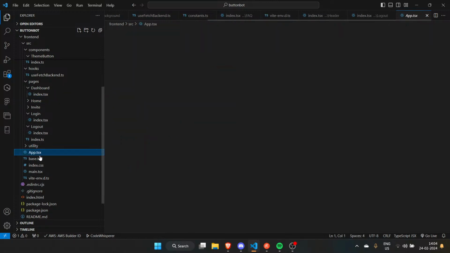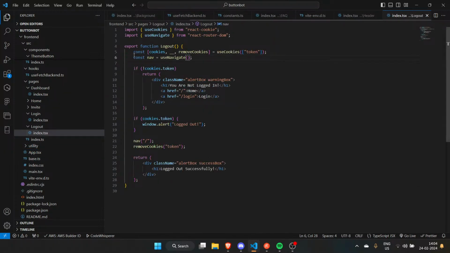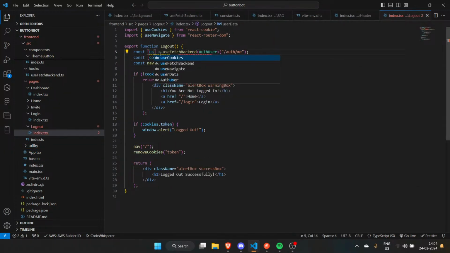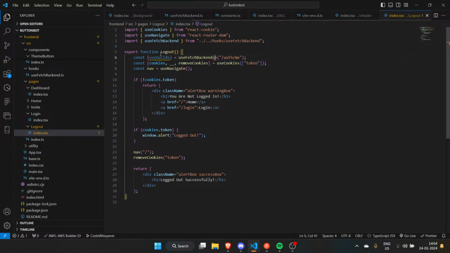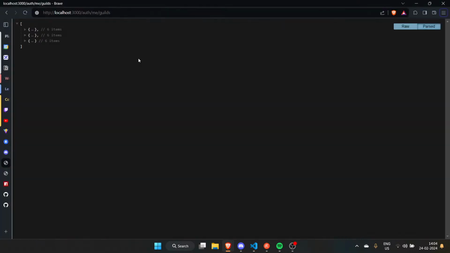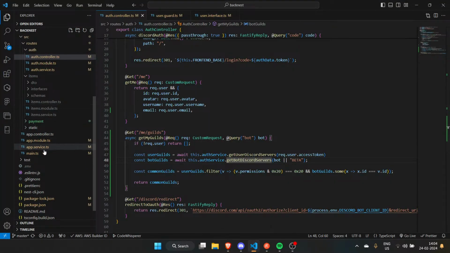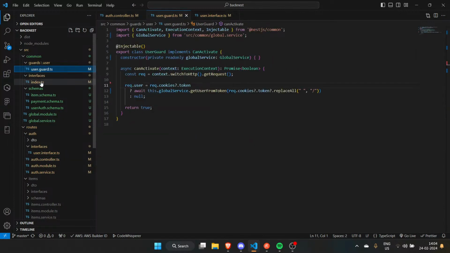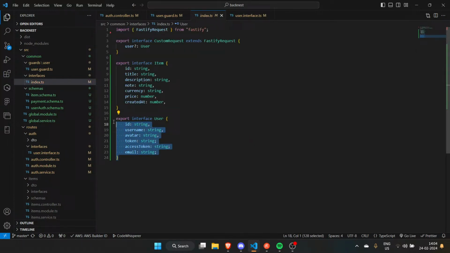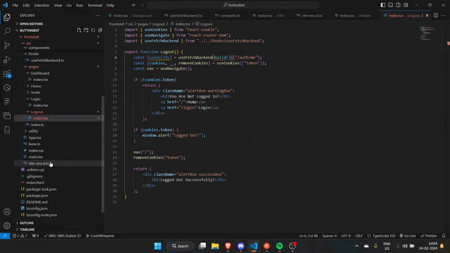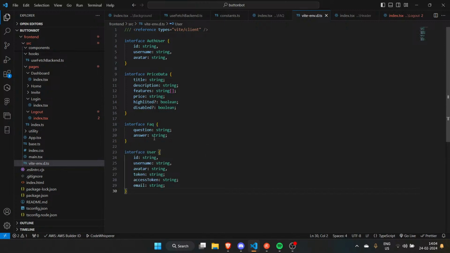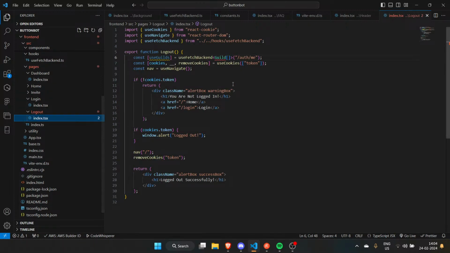Well, that's not good enough. I'll go to app.tsx. I'll copy that. I'll go there, paste that. I'll do user guilds. I'll get that. Then this will be an array of guild. Now you might be wondering what the hell is a guild. I'll define that in a second. So if I go to my interfaces, I have guild right there. I'll copy the interface. I'll go to my white. I'll define that there. Go to logout. Why the hell am I making these changes in the logout? That was a rookie error.